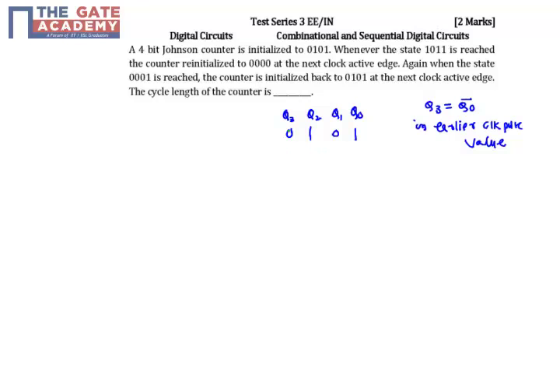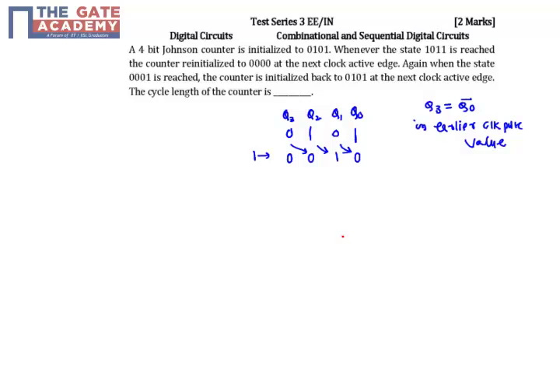Okay, so first clock pulse. When you give the first clock pulse, Q3 will move to here, Q2 will move to here, Q1 will move to here, and here the value is nothing but Q0 bar. So this one is there now, the complement of that will be 0. So this is after the first clock pulse. You go on until you get the value 1011, because after you get 1011, it will be reinitialized